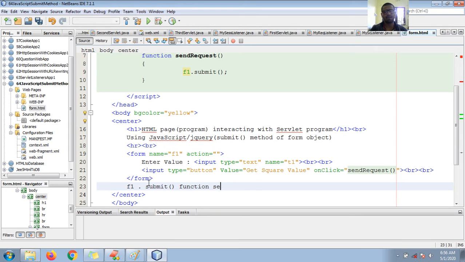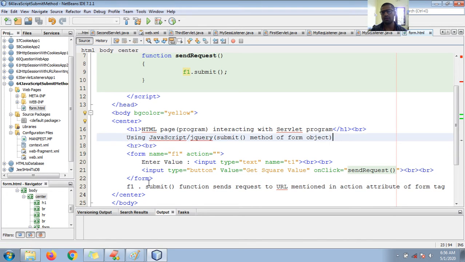Function send request to the URL mentioned in form tag in action attribute of form tag. Okay guys, so